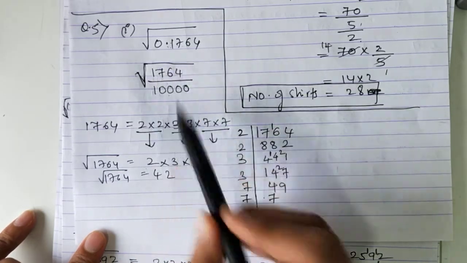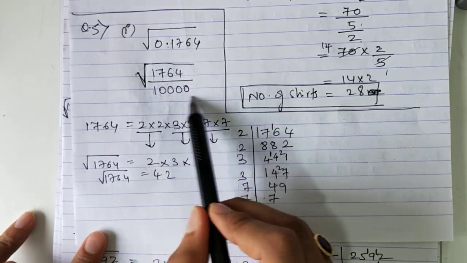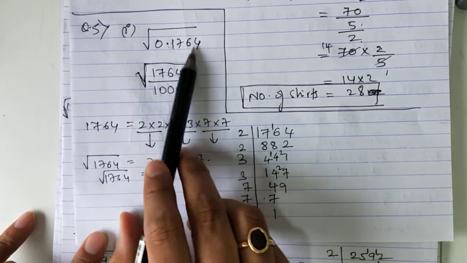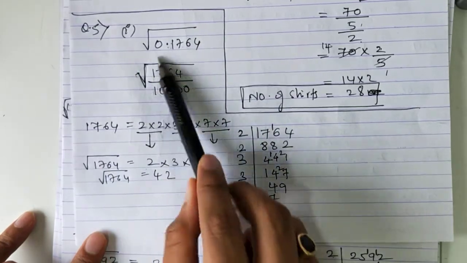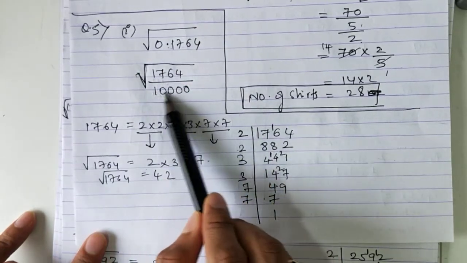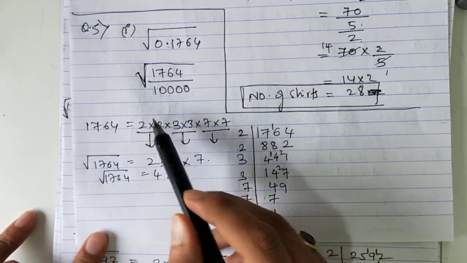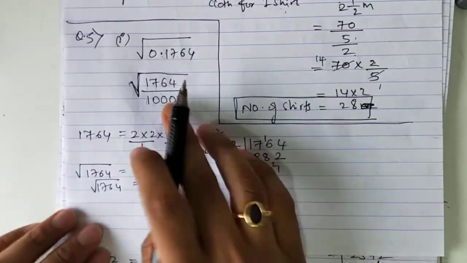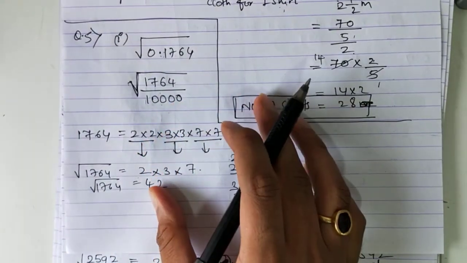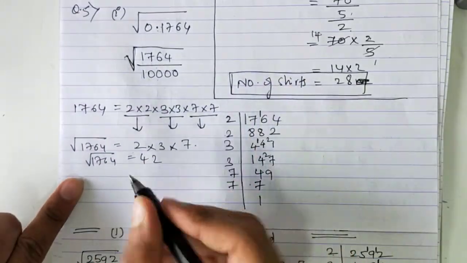So the numerator square root is 42 and the denominator is 10,000. So delete 2 zeros, so the remainder is 100. That means this is the square root. The square root of 10,000 is 100. Okay, always remember, whenever you take the square root of numbers with zeros, like 10,000, 100, 1,000, you can directly take the square root. So this answer will become